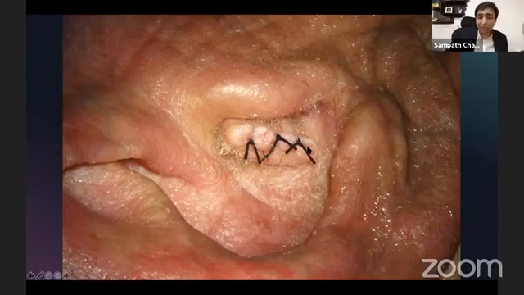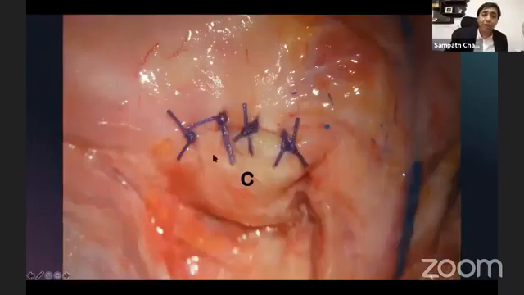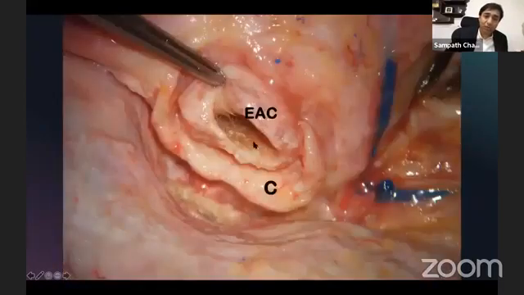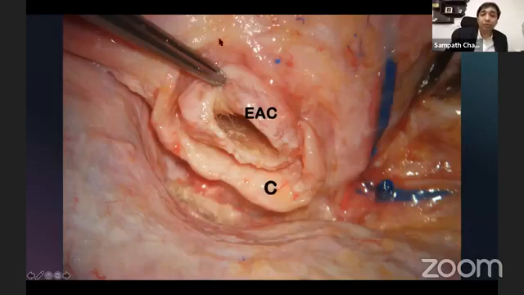Once this is done, you then go into the cartilage layer. Since the skin is turned inside out and sutured, the cartilage is released a little bit and sutured to either the skin above, or in fairly older people, you can use conchal cartilage, and it is possible to suture the conchal cartilage to the anterior cartilage.